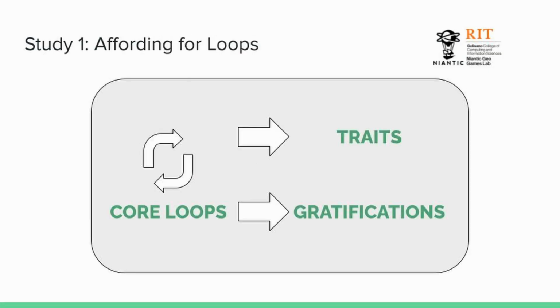And one of the things that we arrived at was that the arrangement of core dynamics, these core game mechanics that are, for example, in a location-based game, explore would be a dynamic. Catch a Pokemon, collect something would be a dynamic. These are like associations of gameplay mechanics that are broad scope, right? It's more of a verb sentence than it is just a specific verb. But the players, in arranging these atomic dynamics, it resulted in different affine traits and gratifications.